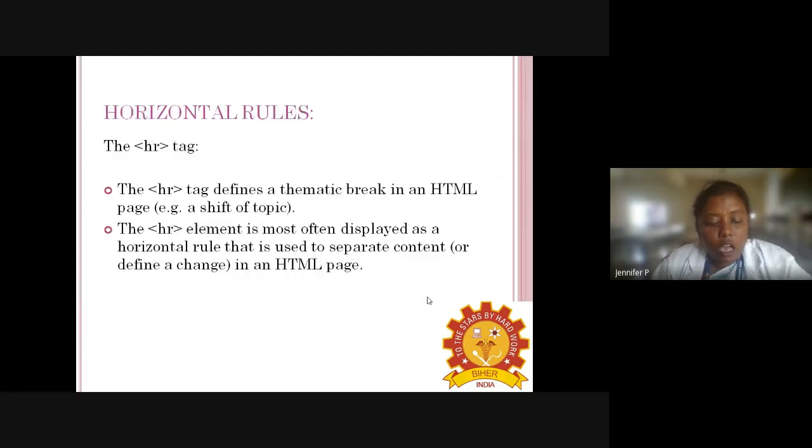And we have the horizontal rules. In horizontal rules, we have the HR tag. The HR tag means horizontal line.